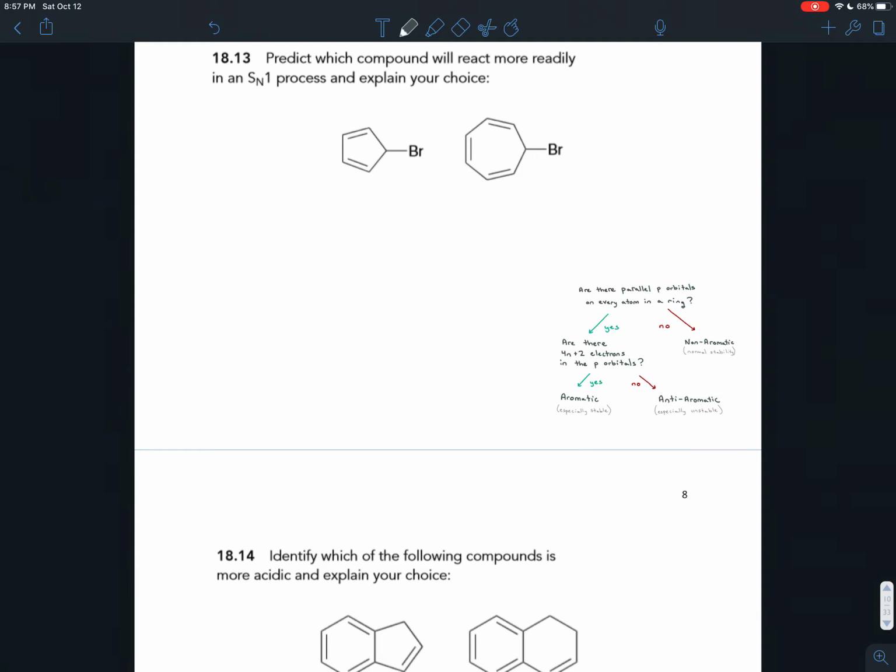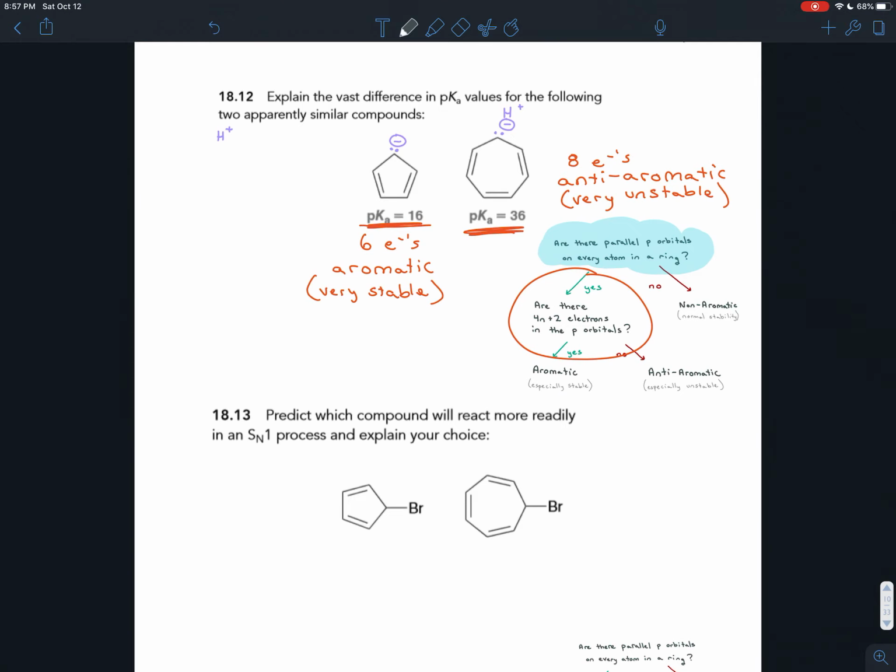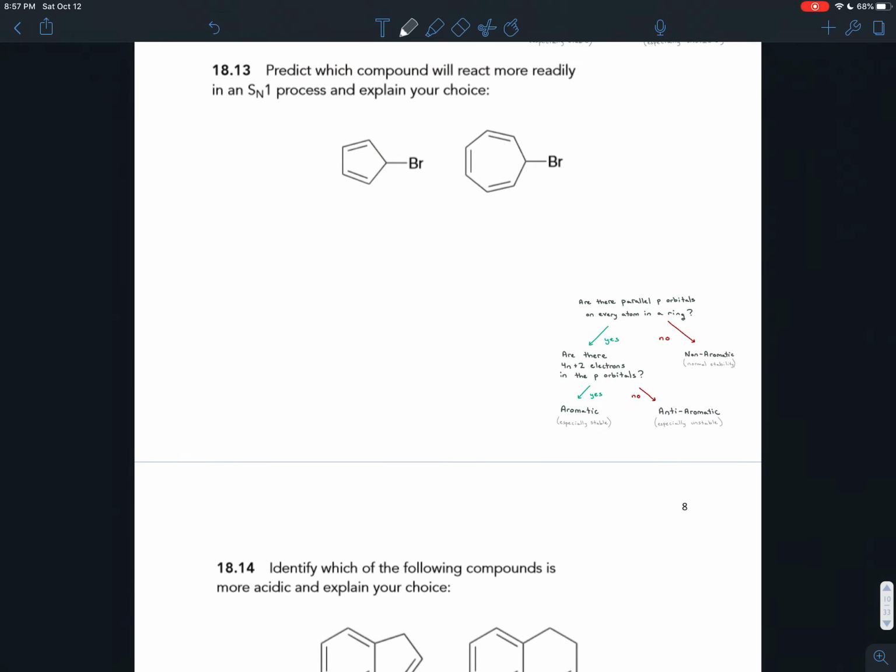In the same way that you can use aromaticity or anti-aromaticity to describe how acidic a molecule will be, like we did in the previous exercise, likewise you can use aromaticity or anti-aromaticity to figure out how easily a molecule will react, how reactive a molecule will be, based on how stable an intermediate would be in the reaction. So for example, with these two molecules, we could figure out which of these two molecules would be more